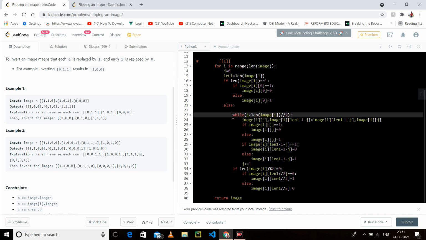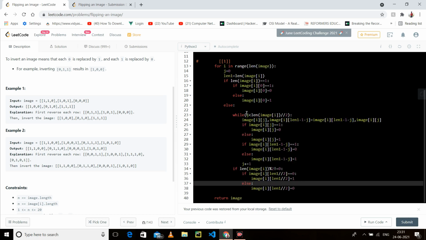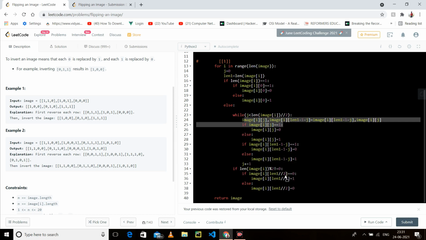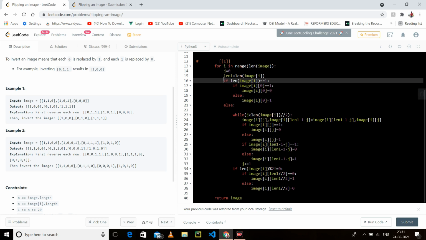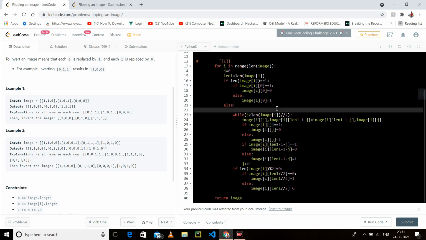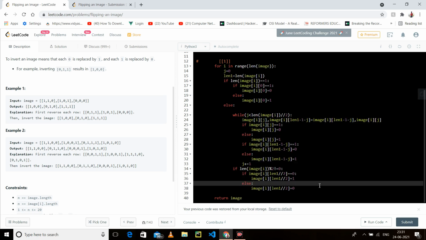So you have to put both of the logics, first for the reverse, second for the flip, and this is a base case. You can say this is a base case, because this only runs when our length is 1. So this is the base case. You have to take care of what the base cases are and how you can make the logic well. I hope you have understood.